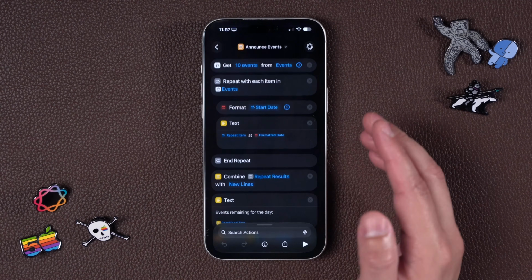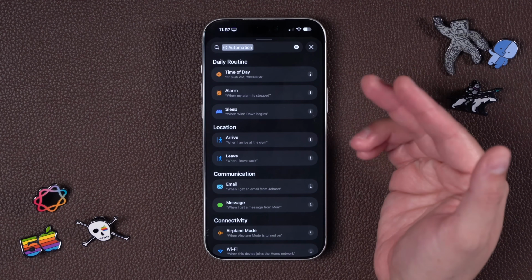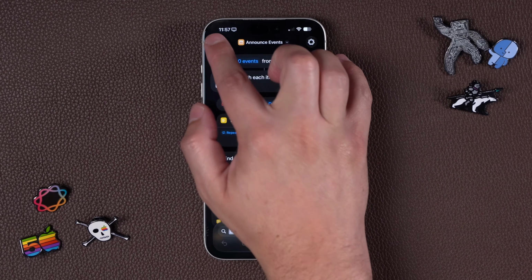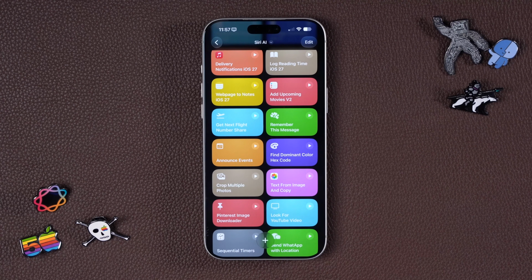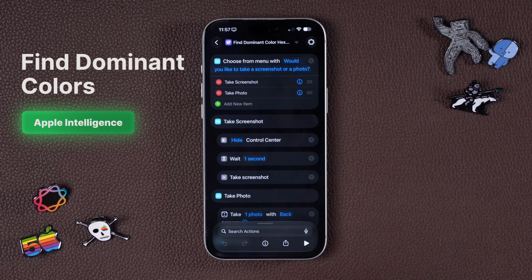And then you can have this automated to run at certain points of the day. Have this run maybe 3 times a day to remind you what events you have left. And then your HomePods can tell you what's on your calendar so you don't miss a notification or have to check your phone. Next, if you're trying to find the dominant color, maybe for graphic design, website, or something else,